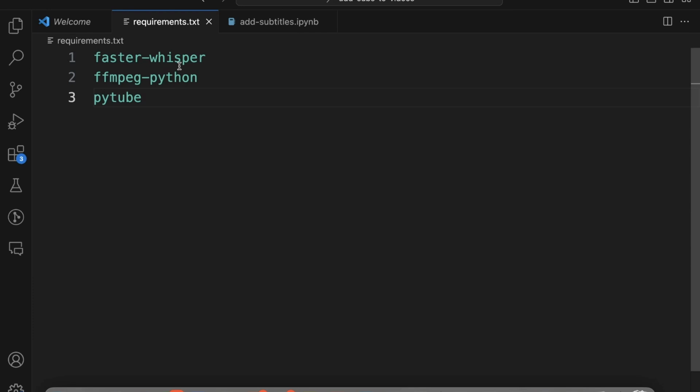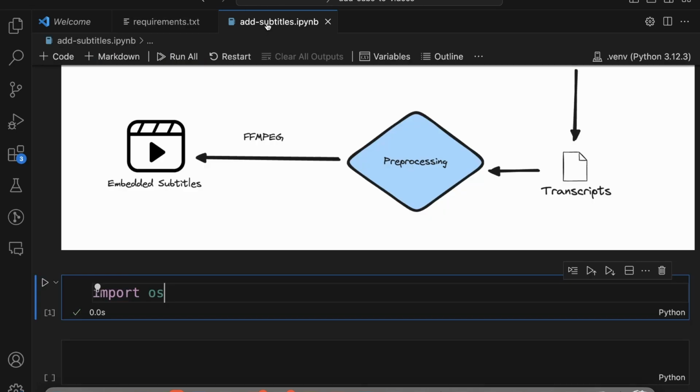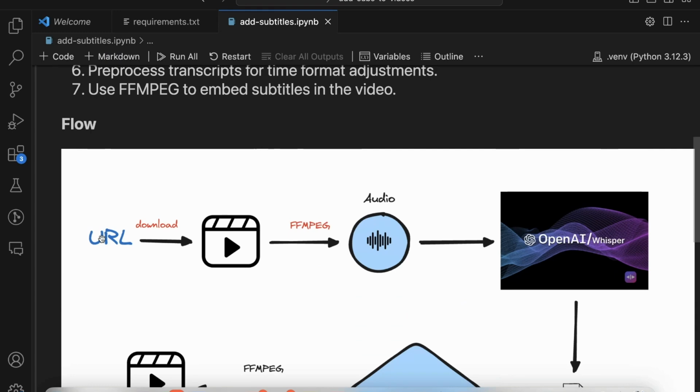If there is a way which allows us to do faster transcription without losing too much on the accuracy, I think it's better to go with that approach, right? So we're going to use faster Whisper because of that. So now let's get to the first step where we need a URL, and we'll then use PyTube to download